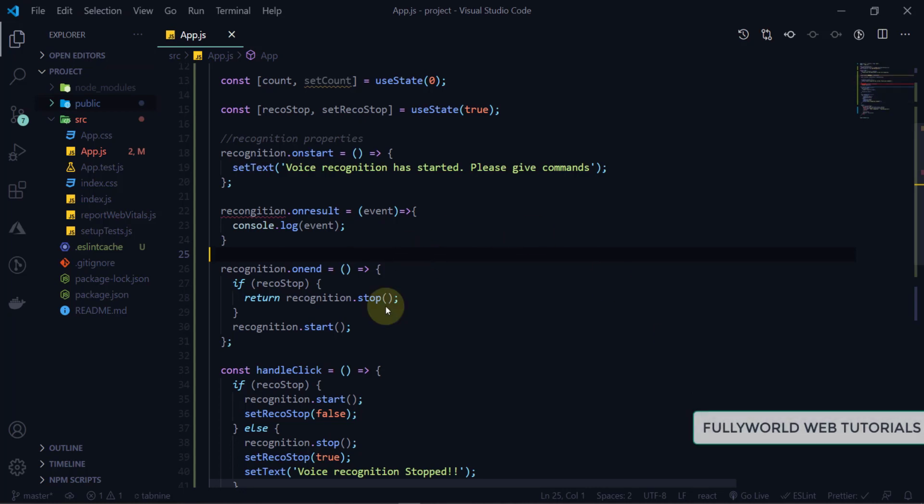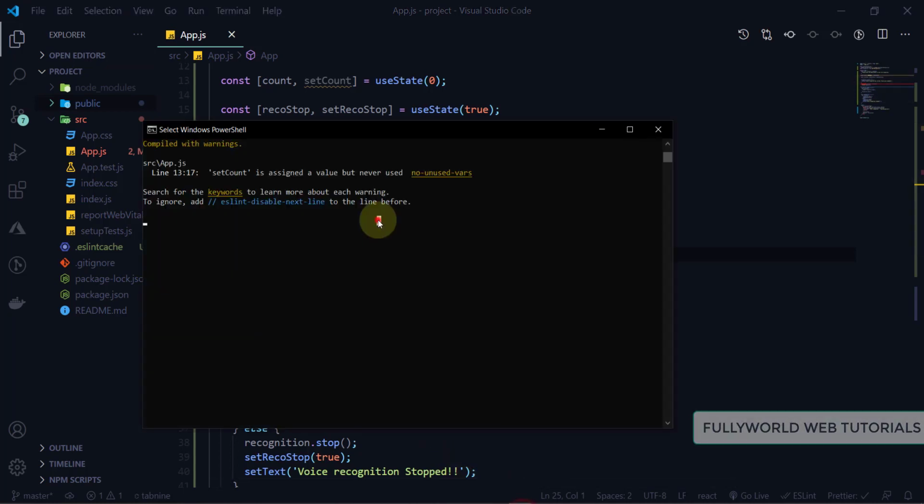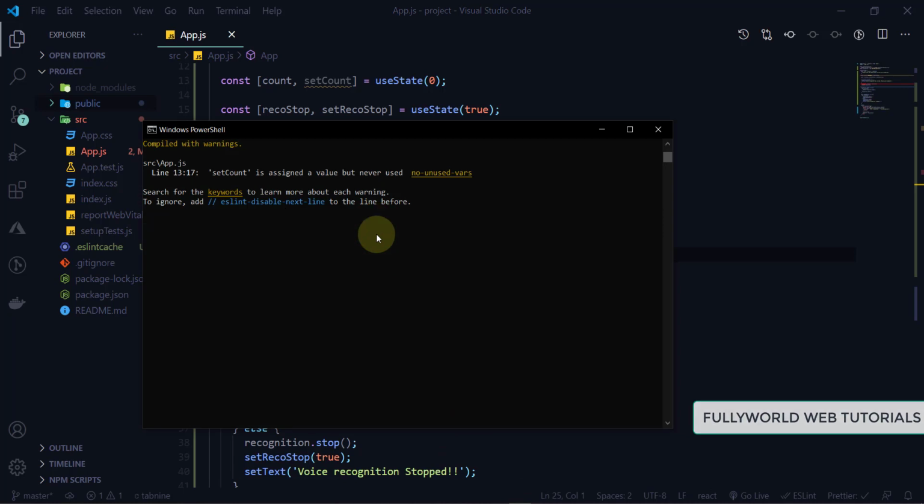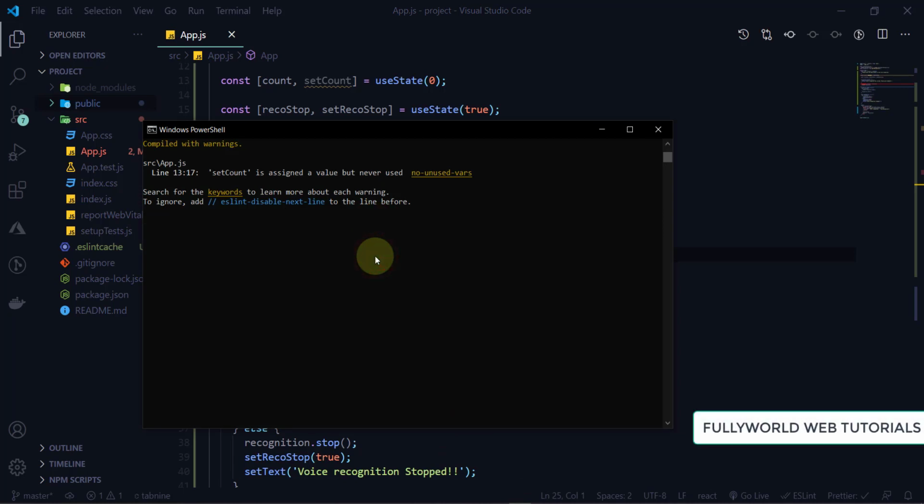So see that this is saved successfully, and now let's see if it is compiled or not. So it is compiled successfully also, and now I'm going to reload my page, so it is compiling now. Actually, it depends upon the speed of your PC or laptop.